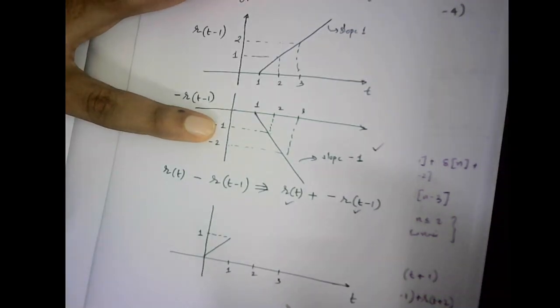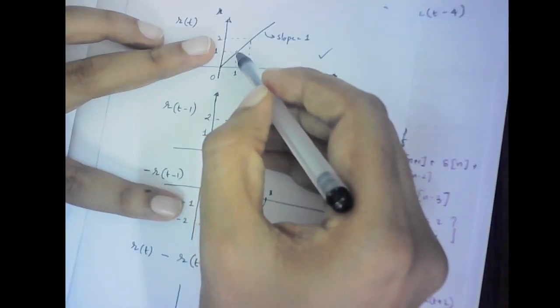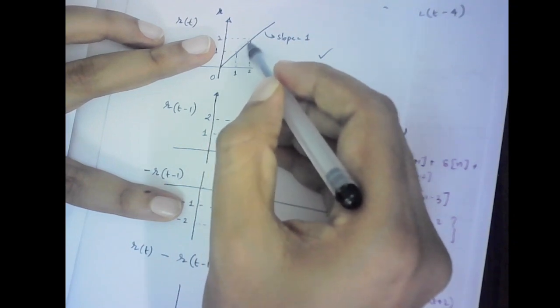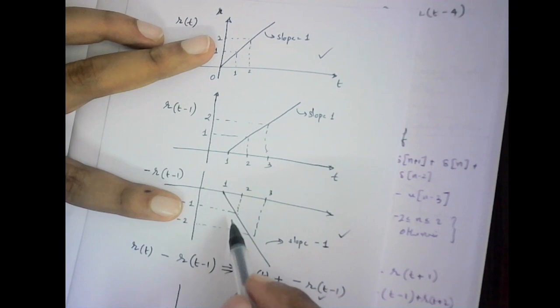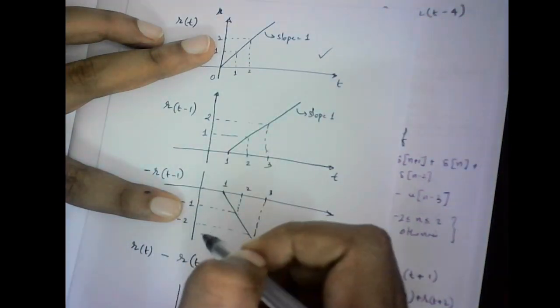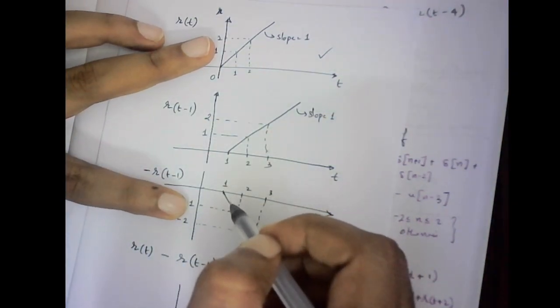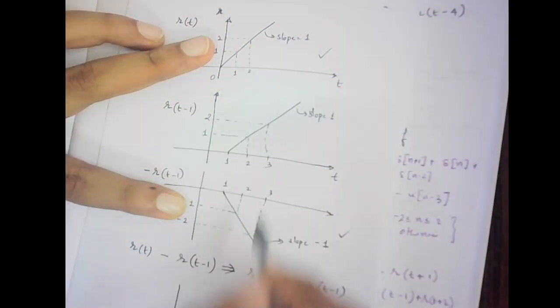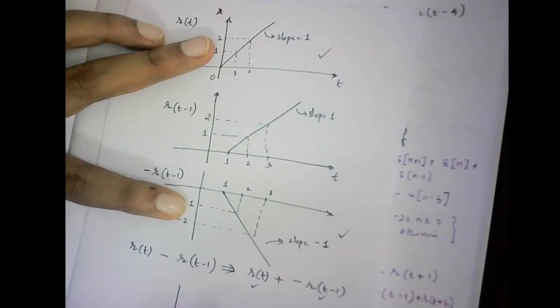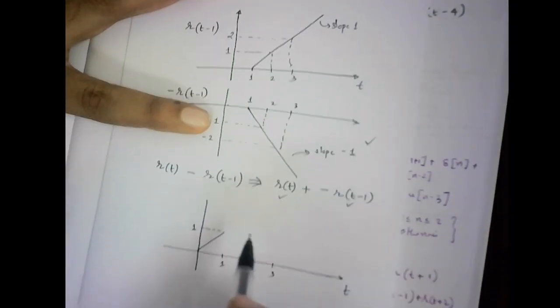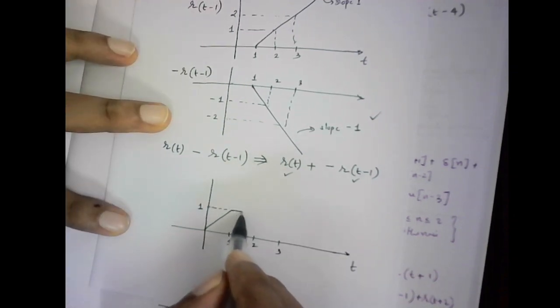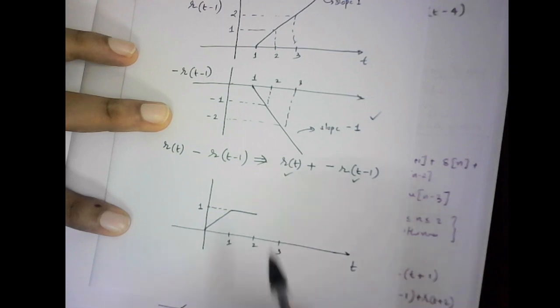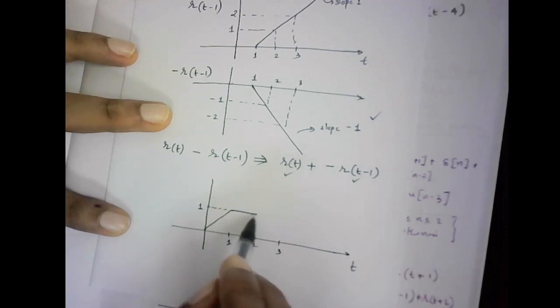Okay, once it reaches there, then you need to add this portion, t is equal to 1 to 2, and for the second signal you need to add this, so it basically cancels out. Or in other words, you can see from the slope, here the slope is 1, here the slope is minus 1. So what will be the sum of the slopes? Sum of the slopes, it will be 0, right? Okay, so at the result you can see that the signal will go like this. Okay, and it will continue like that.